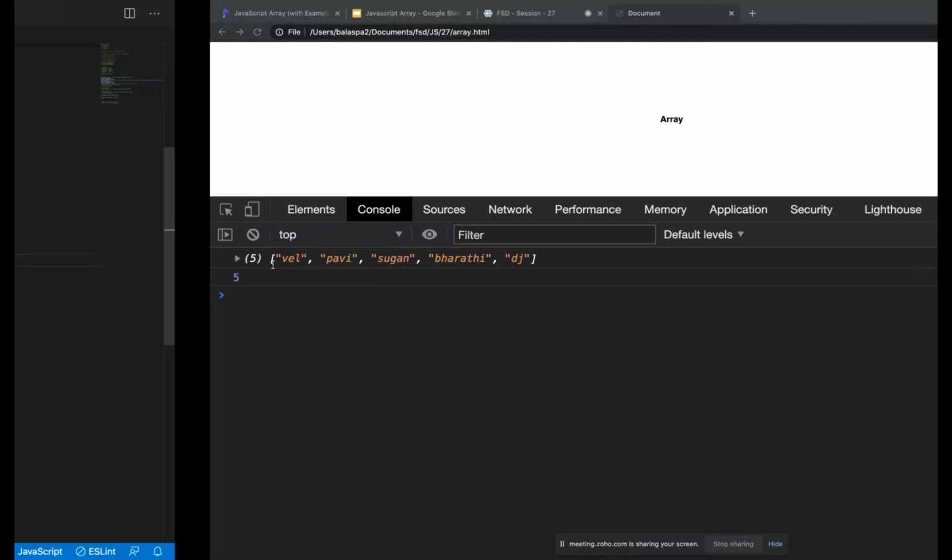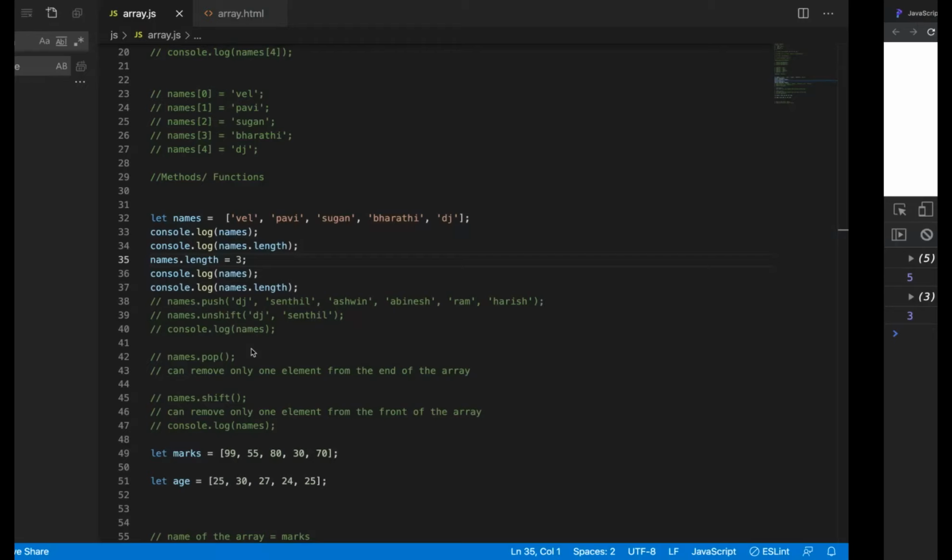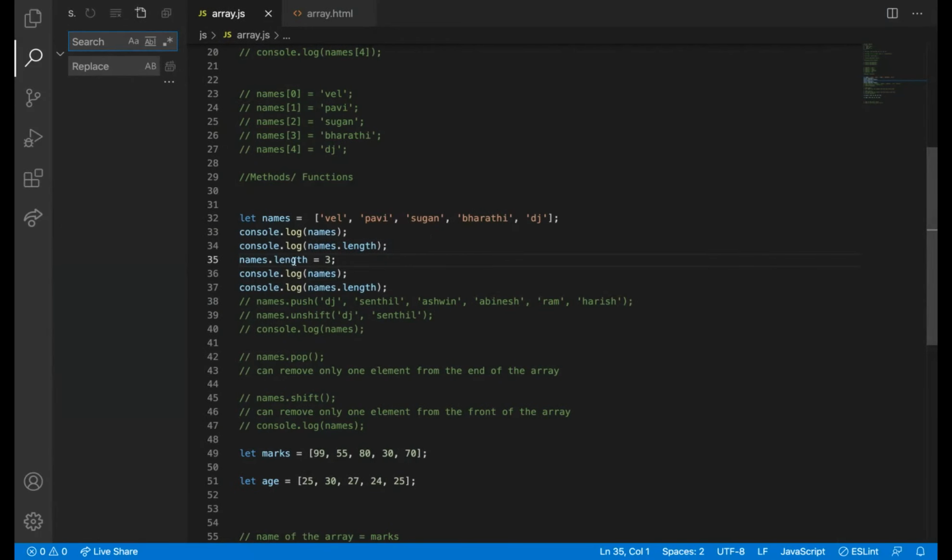Before it was 5, and after, we are just giving the length as 3, so it truncates.